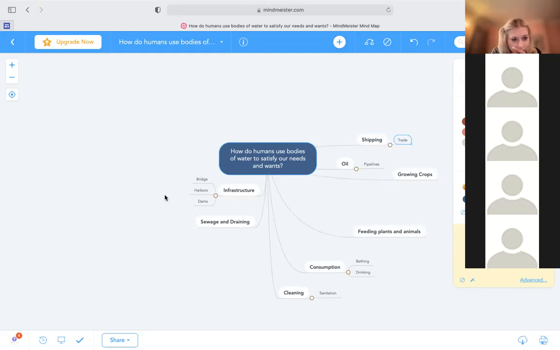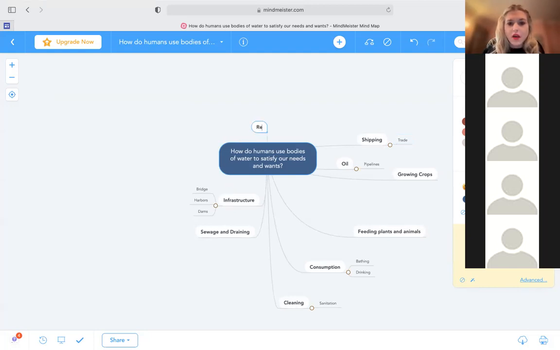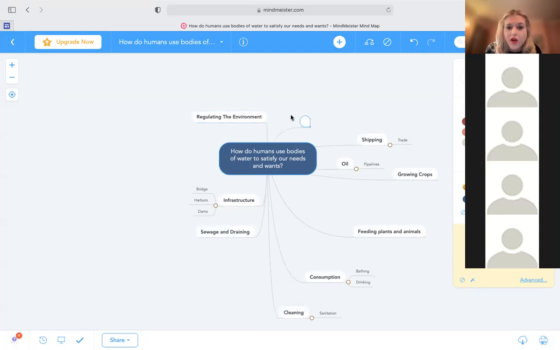All right, good. We have one response that wetlands can reduce the risk of flooding and capture greenhouse gases. So definitely regulating the environment. I'll put that as an element of how we use water resources. We might regulate the environment to preserve, for example, wetlands, so that we have a better chance of mitigating natural disasters and crises.